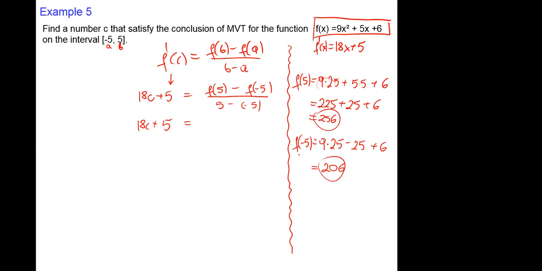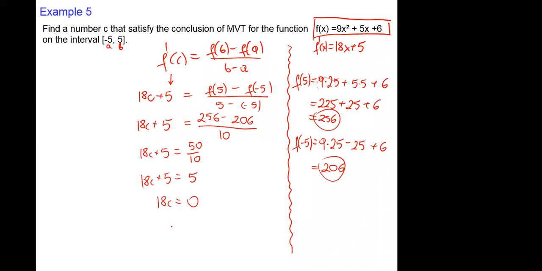Very good. Okay, that means I have 256 minus 206, 5 plus 5, 10. 50 over 10. 5. Oh, actually 5 and 5. 18c is 0. C is just 0. Okay, that means at 0 we will have that